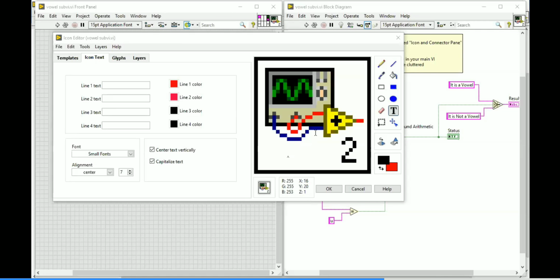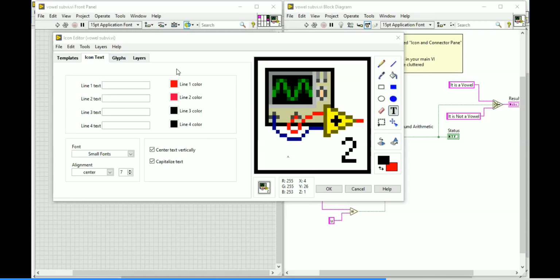How many people will like this icon? I don't know how many people will like that. Most people will say, sir, I don't like this icon. If you are not liking this icon, you can create your own icon based on your preference. If you dislike it, you can create your own liking icon.